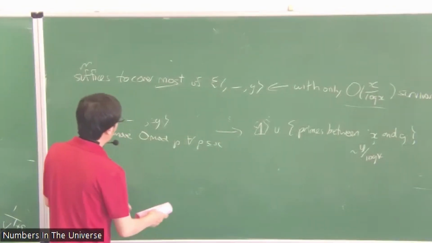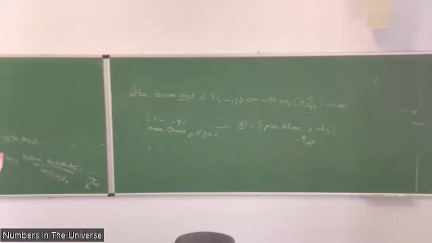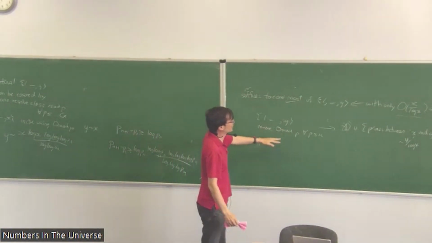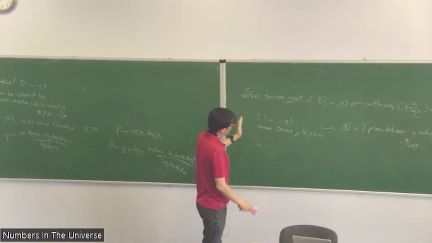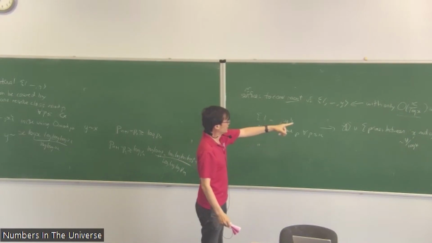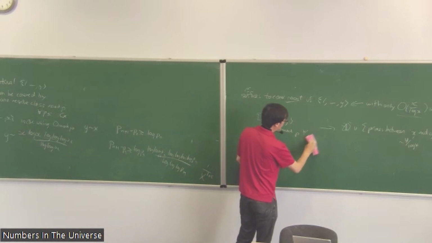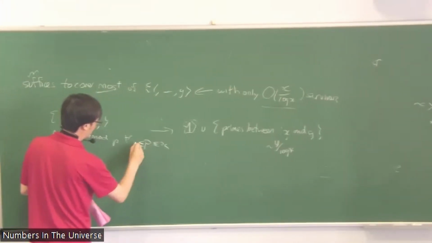Okay, so the simple Eratosthenes sieve doesn't work. It doesn't get you better than Y of size X, and randomly choosing progressions doesn't do this. But it turns out that a certain combination of the two does. So it turns out that this sieve is actually quite inefficient. You don't need to spend all the primes up to X in order to get this type of effect. If you only take primes between say X and